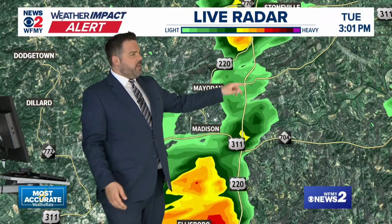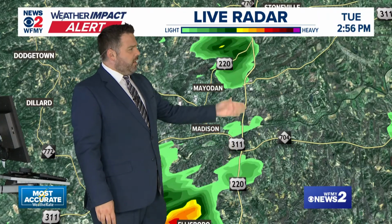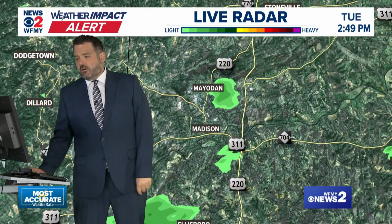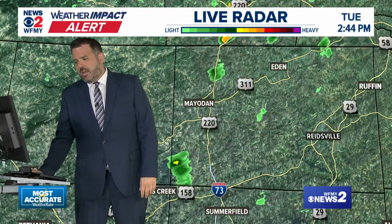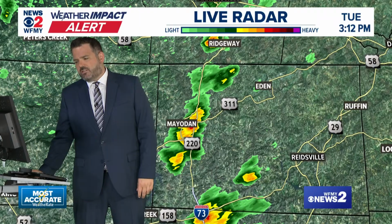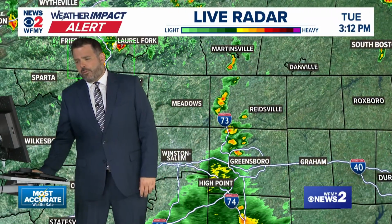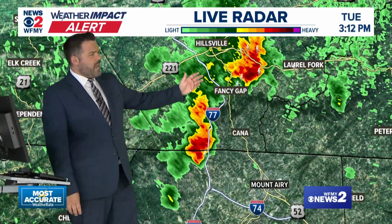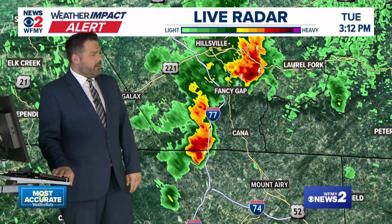So Madison and Mayodan, here they are, not too far from the Walmart here on 220. This is kind of moving all to the north and probably going to get stronger, as we said. So keep an eye on this. If you're in Eden, that could move towards you, Stoneville as well, and that kind of just traces up the line. Farther off to the west, a couple showers and thunderstorms move to the north of Surry County up toward the Blue Ridge, and they're going to go out of our area, so we're not all that worried about those